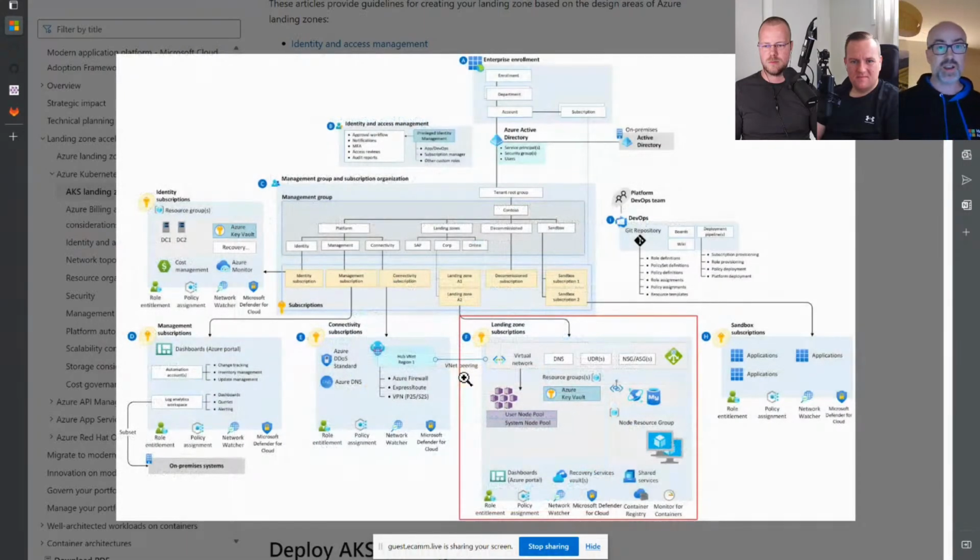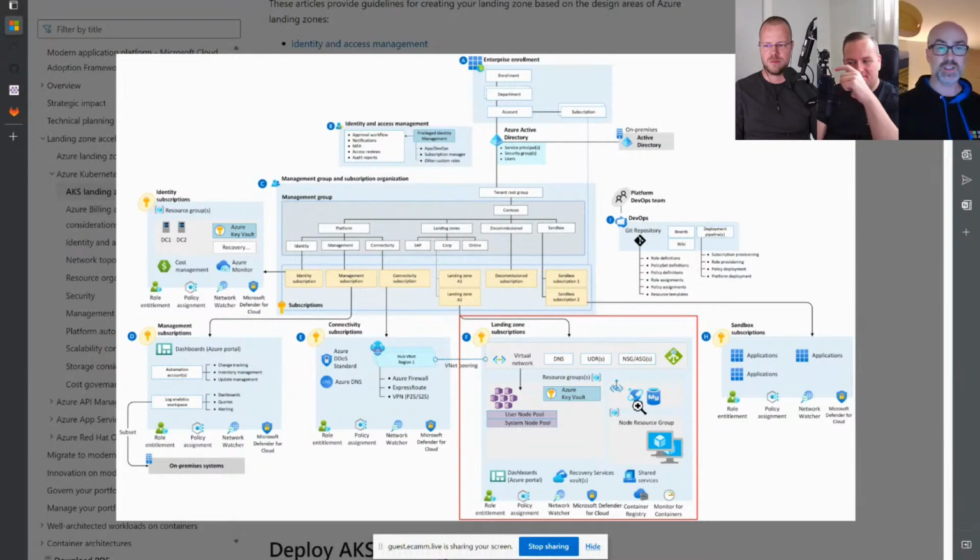So this diagram on screen, I'm sure I've seen in one of your previous sessions, probably a few months ago. You did a whole piece on Azure landing zones. It's a topic that we constantly visit, because it's always growing. Yeah, Azure landing zones, formerly known as enterprise scale. So I'm definitely not going to take up much time talking about that, since you guys already covered it. I'm going to summarize it in one word, which is governance. It's putting in lots of good practices. And where the landing zone for AKS, and there are other landing zones as well, focusing on different tech stacks.